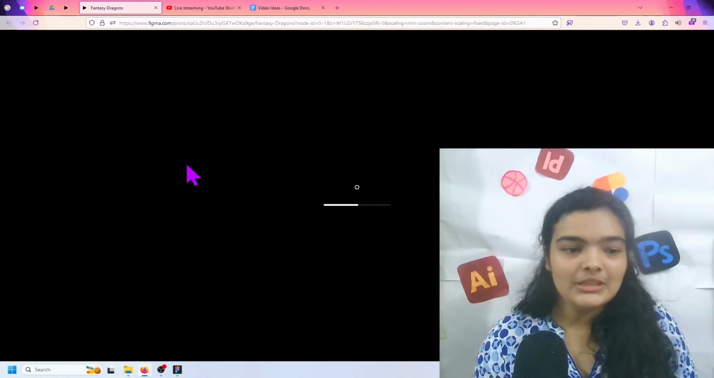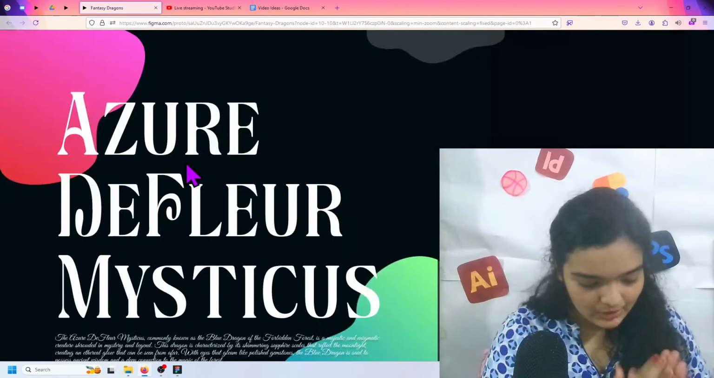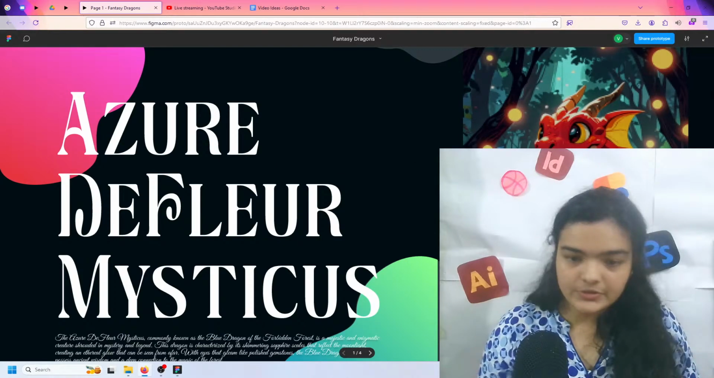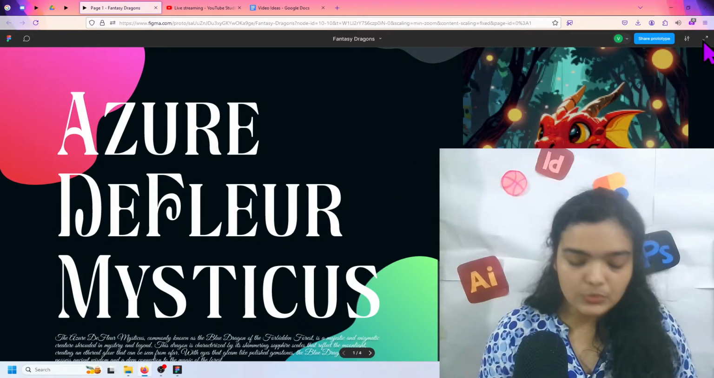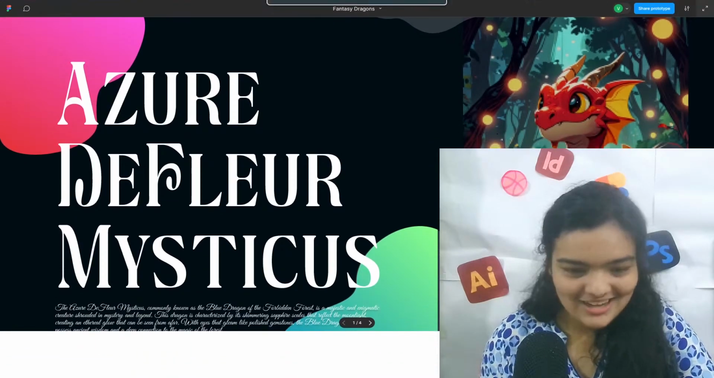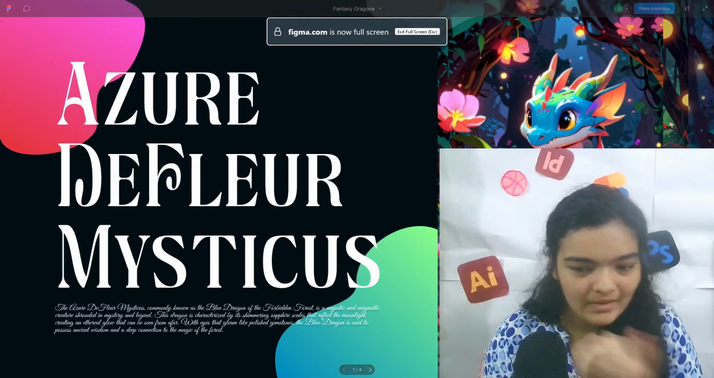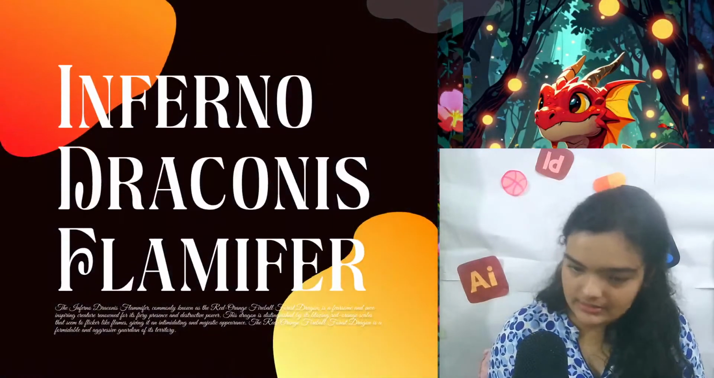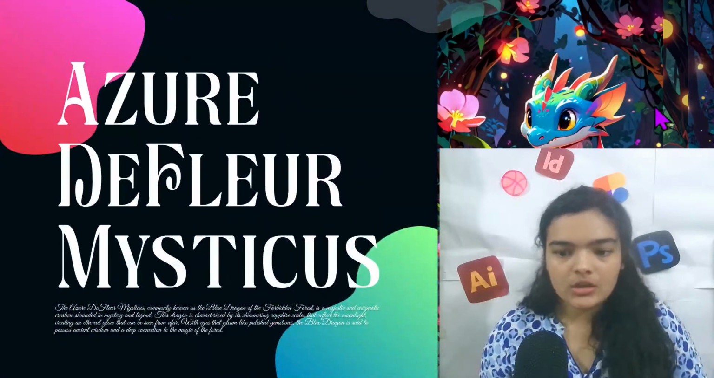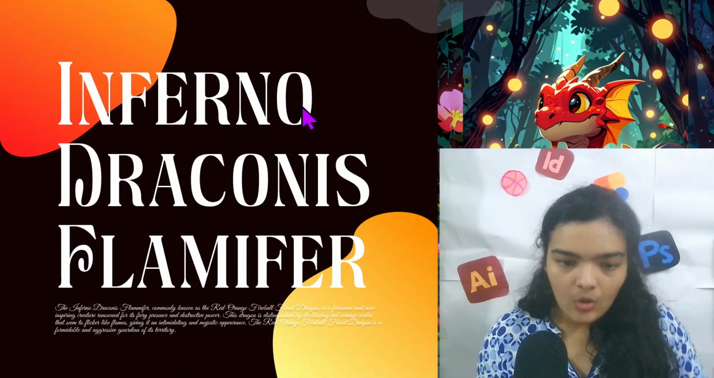Today we're doing this really cool Dragon World UI design, which has a lot of really smooth, cool features that we'll get to in just a bit. So let's get started. The very first thing that you see is this super nice image slider which automatically changes according to the